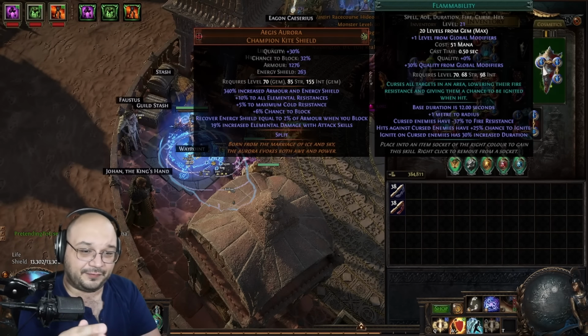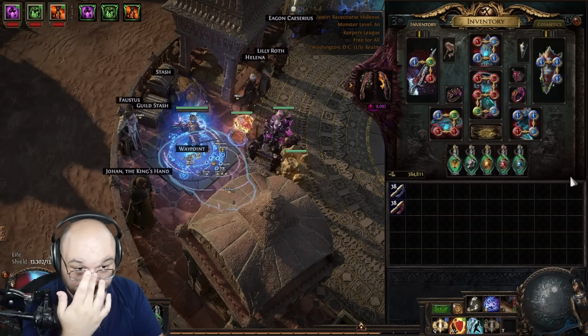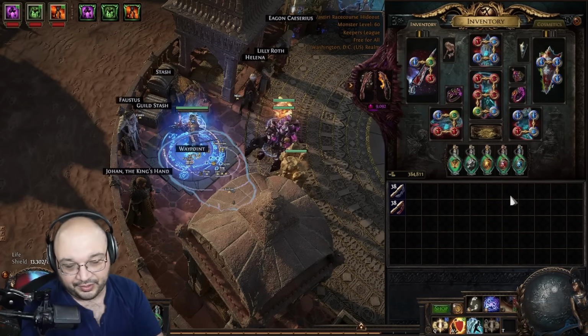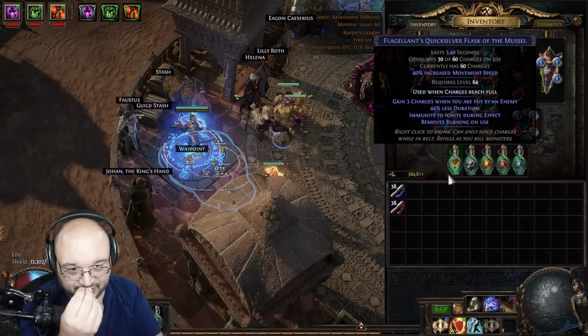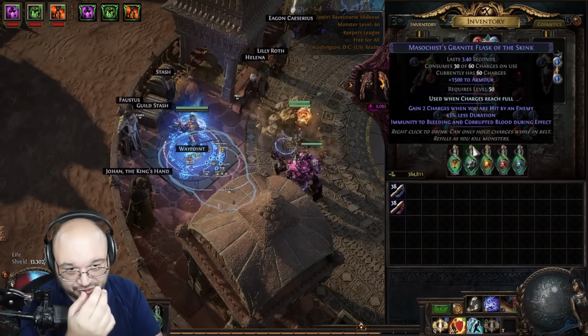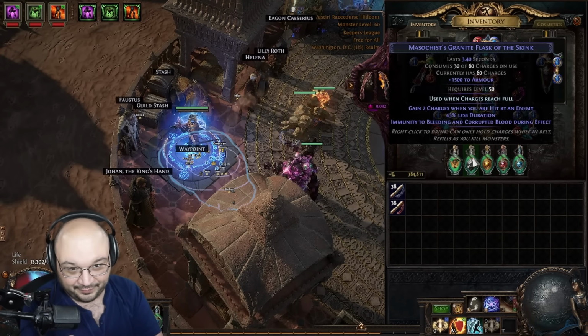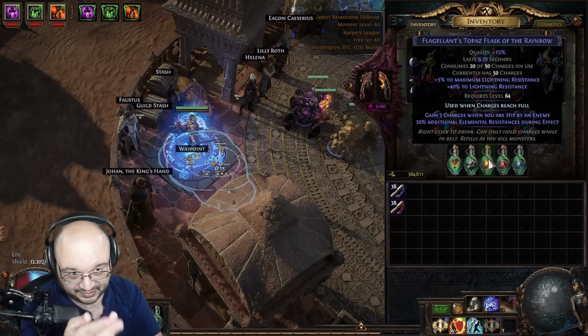And then flammability is a fire curse that reduces their fire resistance to the max. In terms of our flasks, we are not currently a Mageblood setup, so our flasks are a little interesting. I have Remove Ignite to cover our ignite immunity. We have Tempest Shield for our shock immunity. We have a Granite Flask to give us bleed and corrupted blood immunity, a Topaz Flask for elemental resistances and maximum lightning resistance,